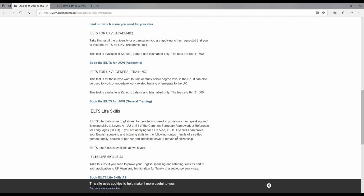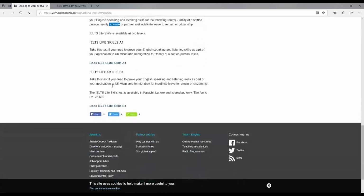for the following routes: family of a settled person, family, spouse or partner, and indefinite leave to remain or citizenship. IELTS Life Skills is also available at 2 levels. IELTS Life Skills A1: take this test if you need to prove your English speaking and listening skills as part of your application to UK Visas and Immigration for family of a settled person visas. So this is the right IELTS for family of a settled person or spouse visa. And here is the link for booking